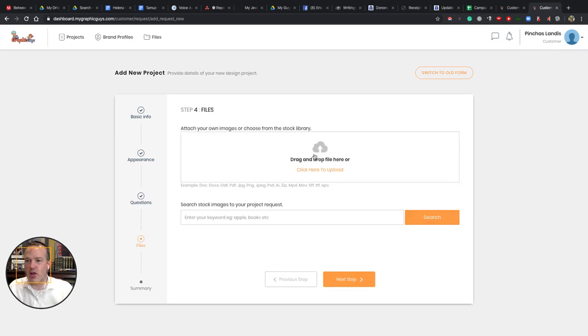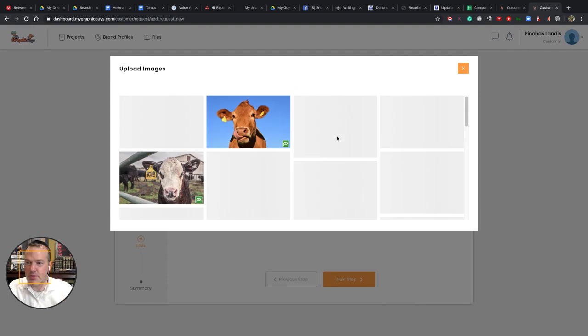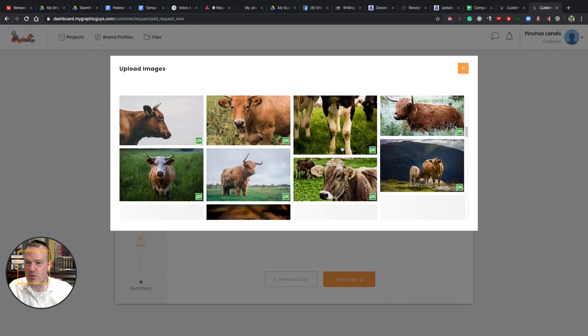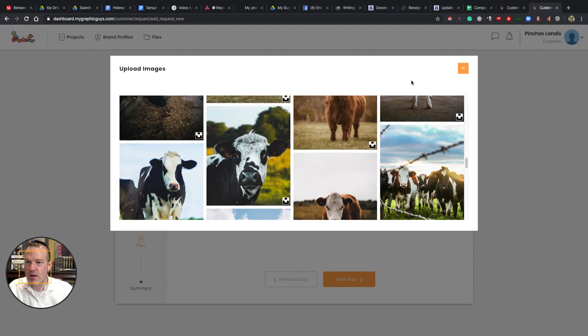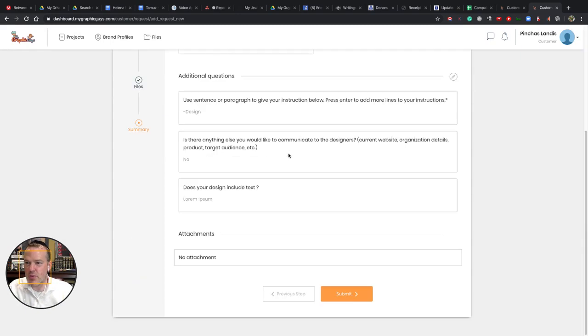And this is if you need to upload anything that's not already in your brand profile, you can do it over here. And if you want to choose from our stock images, you can come over here. You can search our different stock images. Let's say, I don't know, I want to do something of a cow. So you come over here and you get all these different options of cows that you can choose from to put into your project. You can choose as many of those as you want, and then you're able to look at the summary, and then you hit submit,